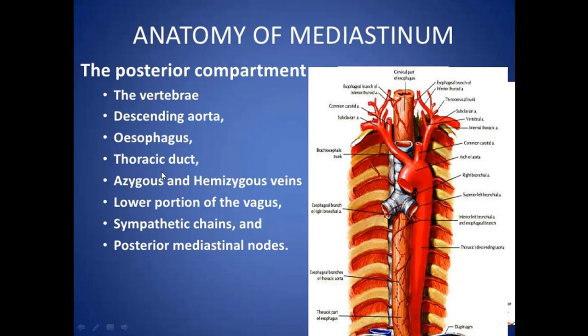We have the thoracic duct. It's not apparent in this picture, but the thoracic duct drains into the junction between the left internal jugular vein and the left subclavian vein. And we do have other things. I mentioned the most important things, and this picture shows you the most important things for you to remember,